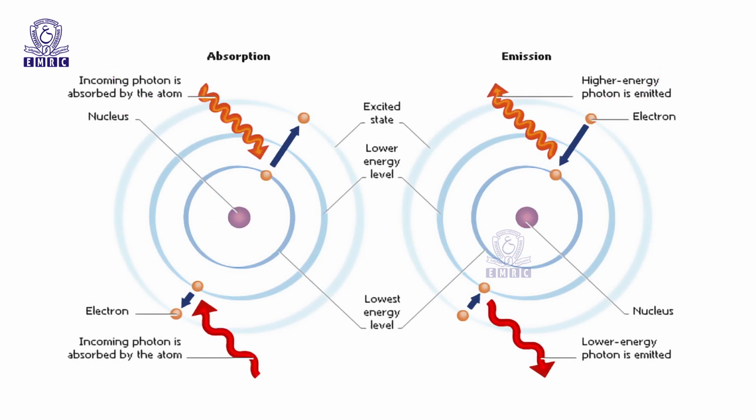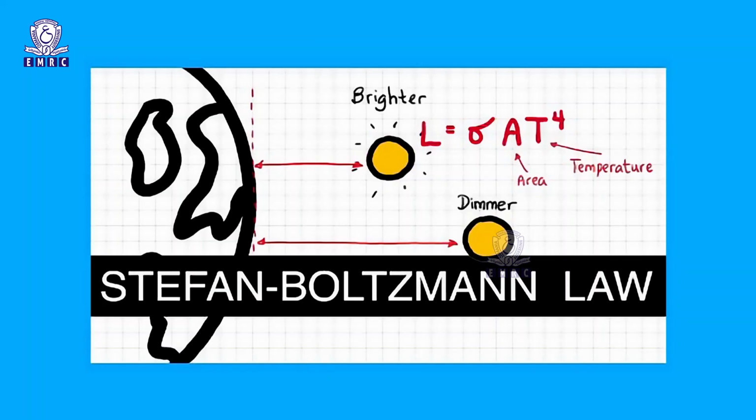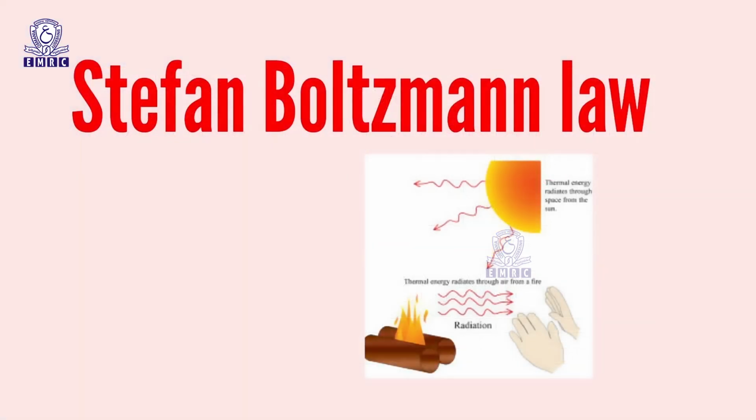the transition. Because the energy levels are different for each material, the amount of energy a particular substance can absorb or emit is different for that material from any other materials. Consequently, the position and the intensity of the bands in the spectrum of a given material are characteristic to that material. Stefan-Boltzmann law. Stefan-Boltzmann law, also known as Stefan's law, describes the power radiated from a black body in the